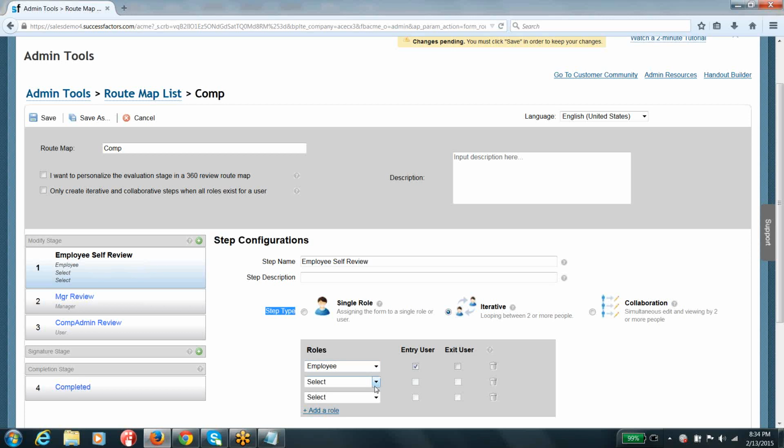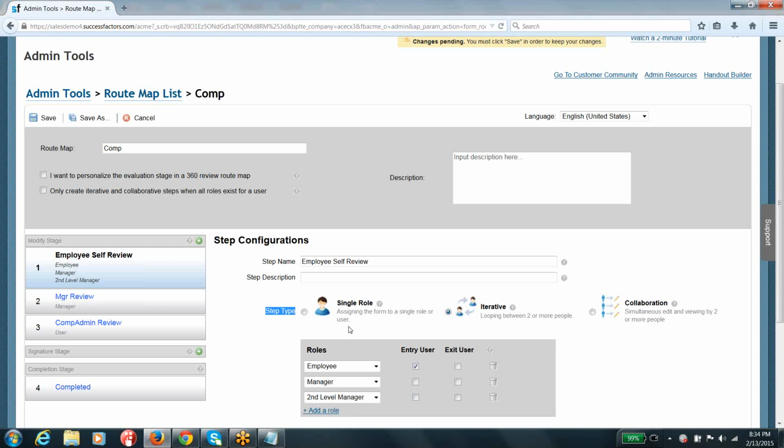At the same time, once you are done with respect to that goal, your manager is also supposed to work on that goal. You can see here, and after that his manager also was supposed to work on that particular goal. But who is going to work for the very first time whenever the form is launched? Say the administrator is going to launch the template as forms to the users.